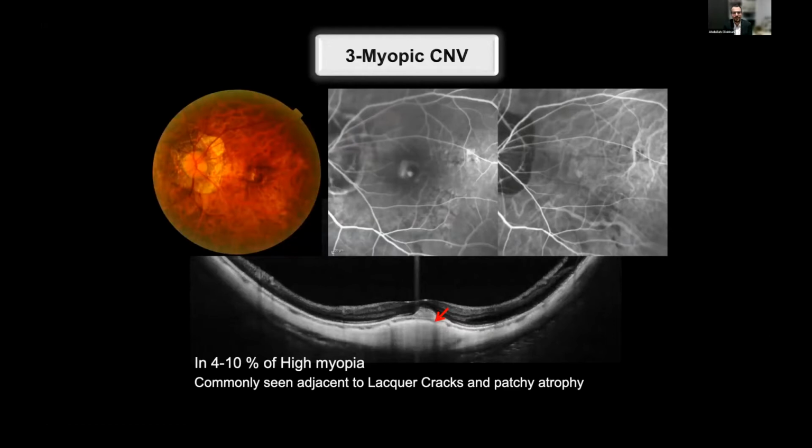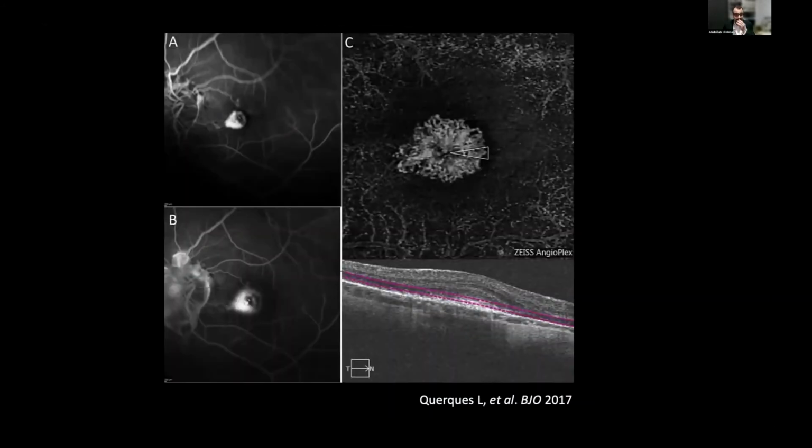The third most common thing we often see in our practice is myopic CNV, and it is the most visually challenging complication of myopia. With multimodal imaging, we can quantify the myopic CNV, especially with fluorescein and ICG and OCT. It's usually a form of type 2 CNV where the proliferation develops within the retina. And OCT is very useful, especially in myopic CNVs, because they tend to be less vascular compared to other types